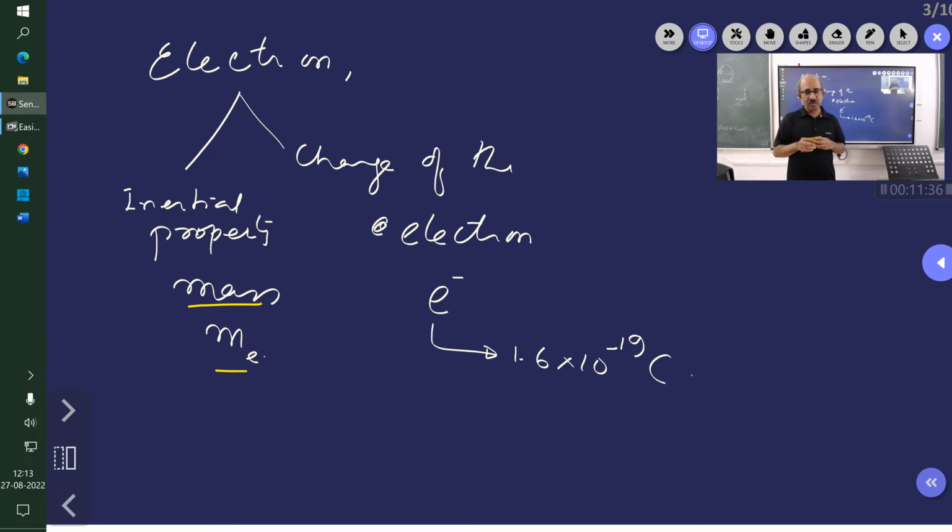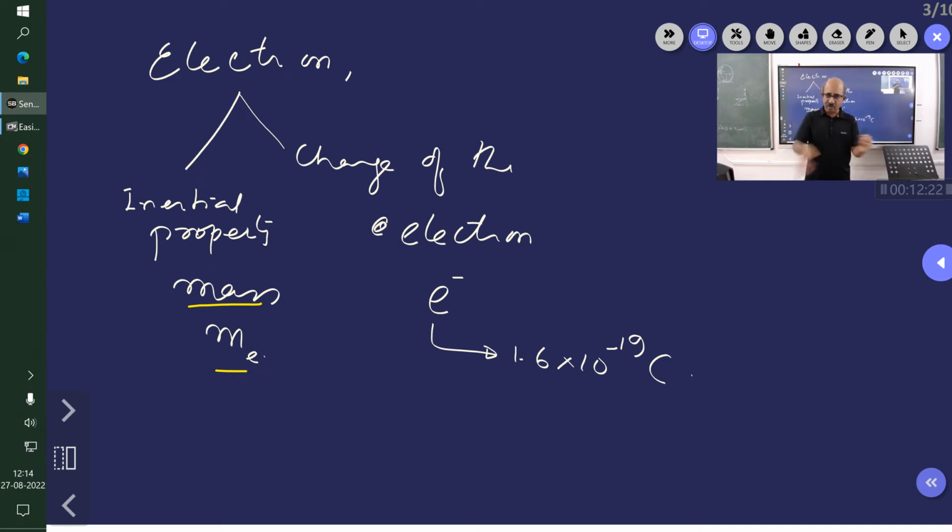Which force? Gravitational force. If at every point in this room, wherever I keep this body, it experiences gravitational force, then I will say that there is a gravitational field in this room. Therefore, field means a region where a body having mass experiences gravitational force. Similarly, if I take this body and charge it,